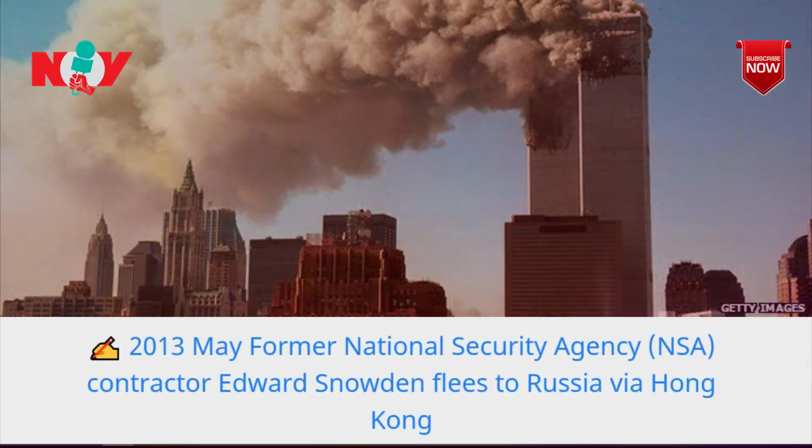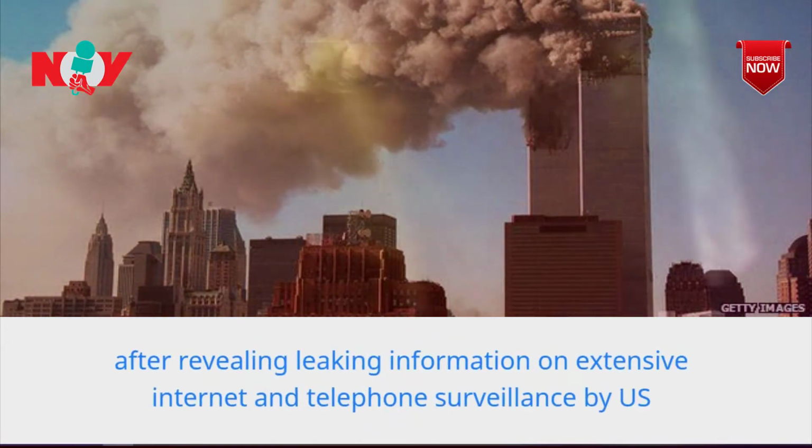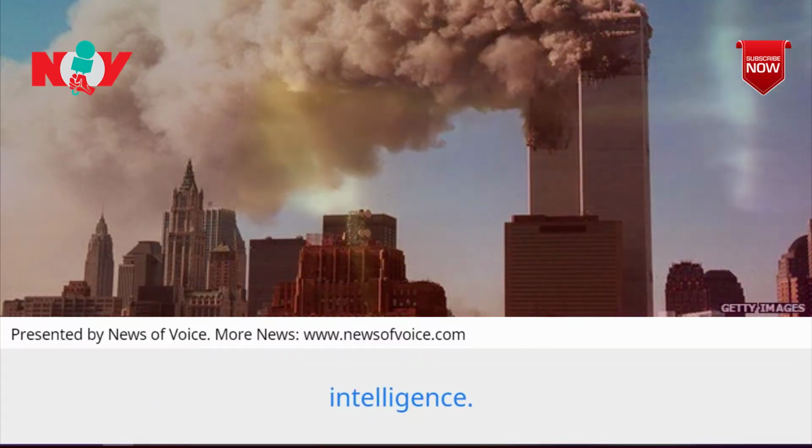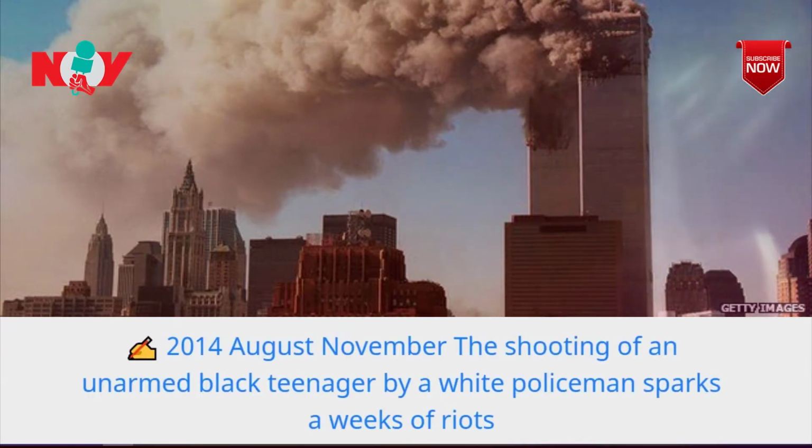2013 May: Former National Security Agency (NSA) contractor Edward Snowden flees to Russia via Hong Kong after leaking information on extensive internet and telephone surveillance by U.S. intelligence. 2014 August-November: The shooting of an unarmed black teenager by a white policeman sparks weeks of riots in the